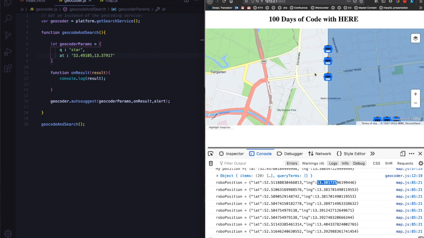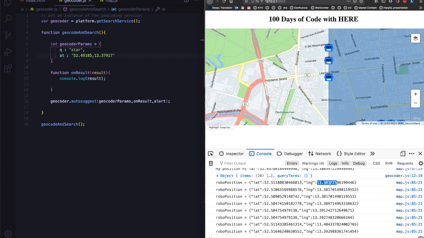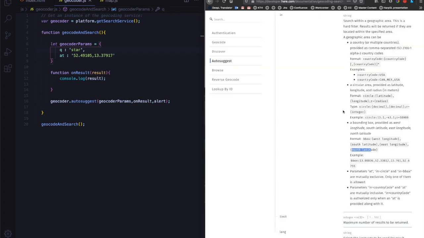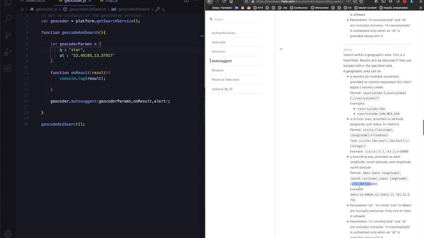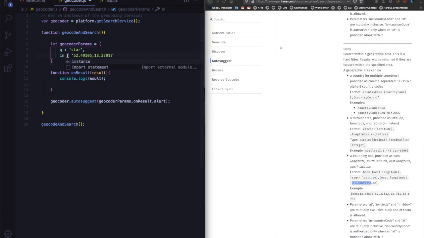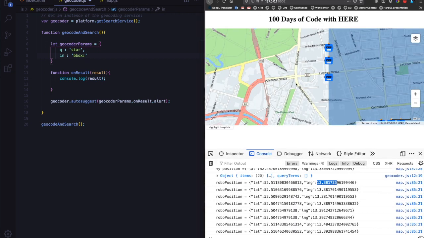So I'm going to use the west longitude. So let's see. Again, we need to change this "at" to "in" to define the bounding box. The syntax is that you write in, you write bbox for bounding box, and then define the west longitude. So the west longitude was this. So I'm going to copy this, followed by